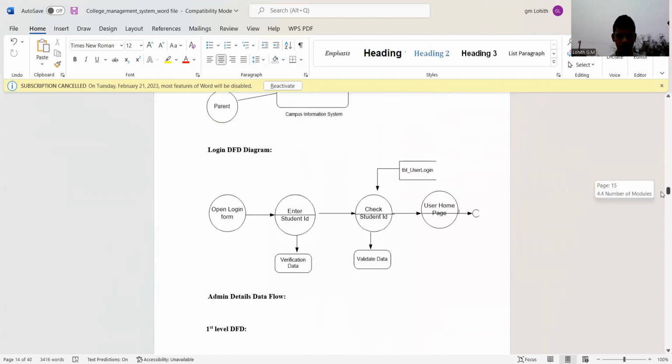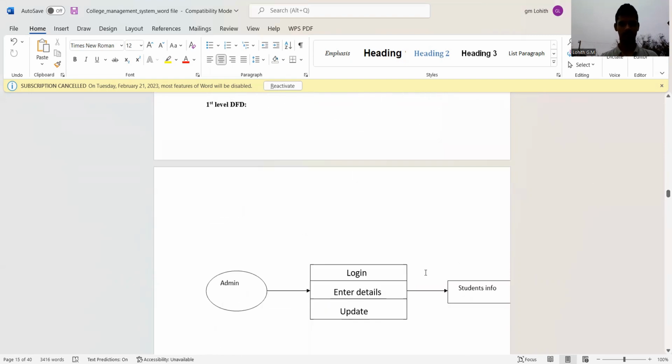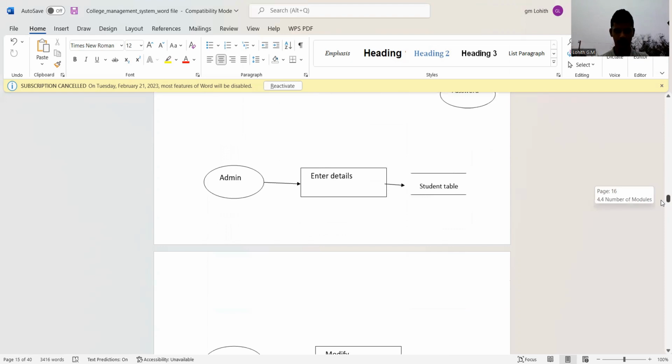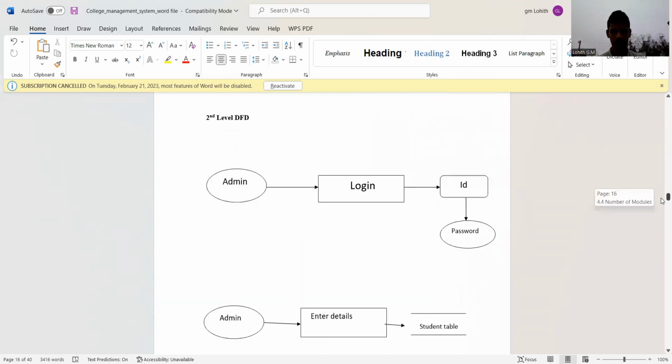And the login DFD diagram: first it goes to open the login form and then to enter the student ID, check the student ID and user pin, and the student ID goes to verification data, and the check user ID goes to validate data. And the first level DFD first goes to the admin, goes to the login, and enters details and student information. And the second level DFD is: first the admin goes to the login and you have to provide